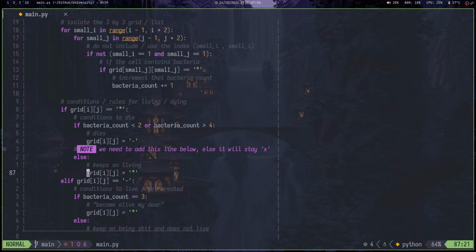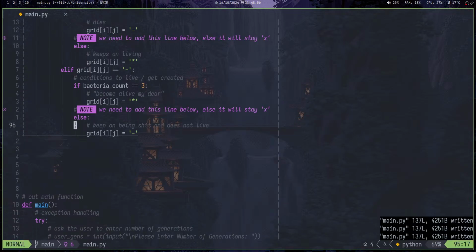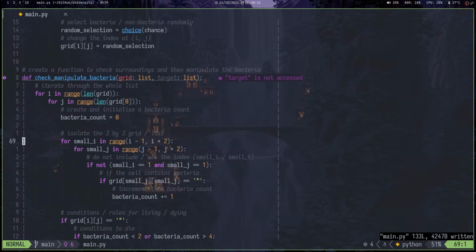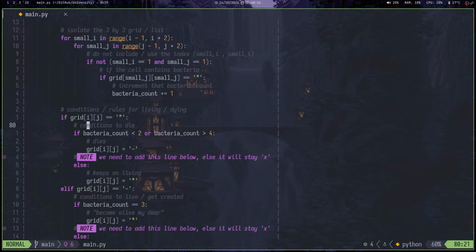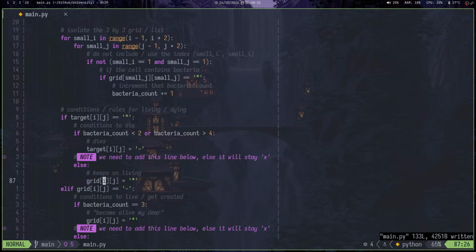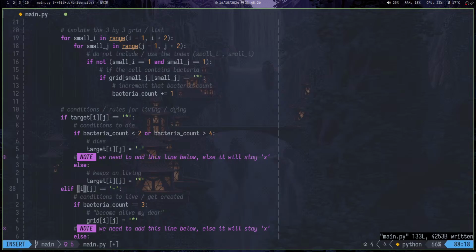So and then we can just say, for example this, and then we also need to add here, Control X, this, and then that's it, I guess. It's not going to be grid, it's going to be target. I know there's a plugin that allows me to do that, but I don't remember and I don't know how to use it, so I need to learn. But if I have this target,